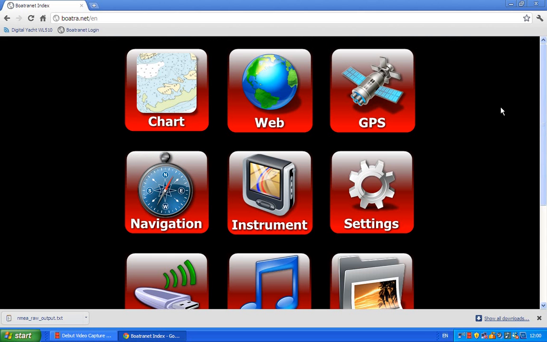Now, so that we've covered how to connect to BOATraNET, how to set it up in the settings menu, and we've covered 4 or 5 of the more popular functions of BOATraNET. There will be other videos coming out which show you how to set up, for instance, and use the music and the photos and the documents, but for today that's all I'm going to cover,